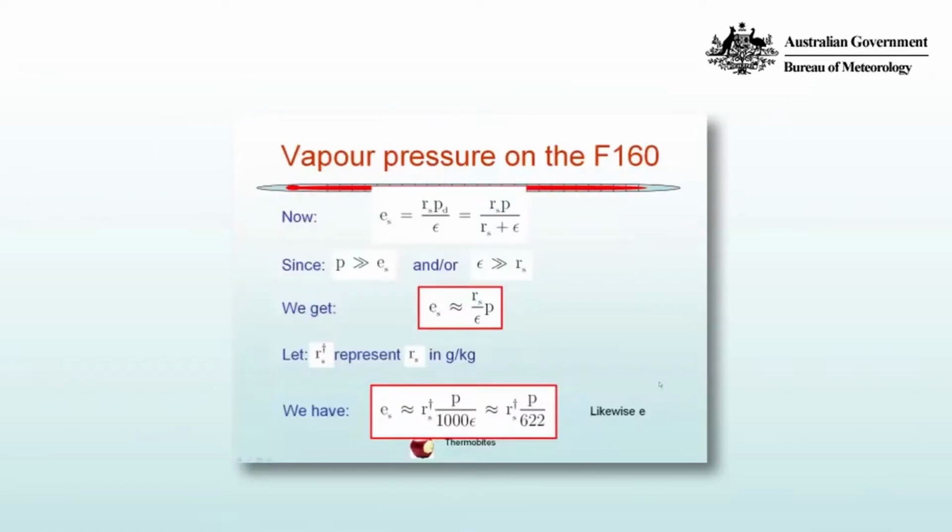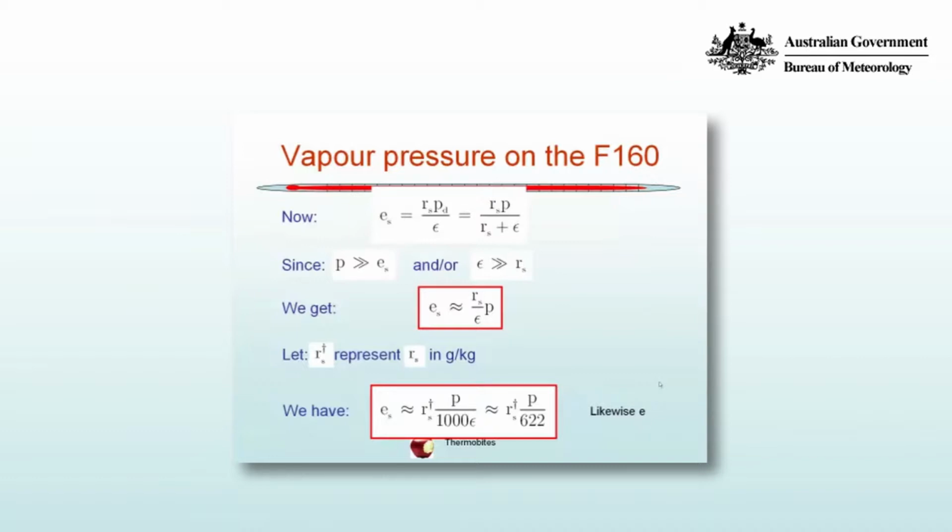Vapor pressure on the F160. We've previously seen that you can write the saturation vapor pressure as the equation shown: Rs by Pd, that is the saturation mixing ratio by the pressure of the dry air, divided through by this factor epsilon, which is the ratio of specific gas constants or molecular weights, also written as the expression Rs P all over Rs plus